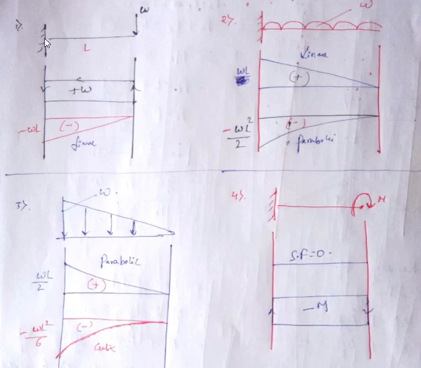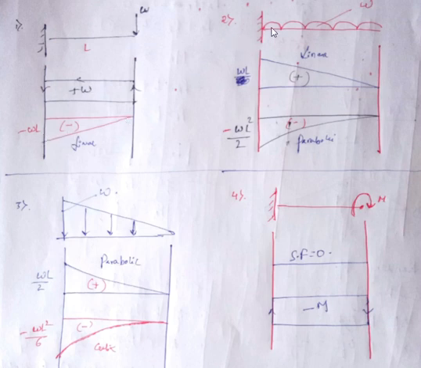If you look at this, these are the standard cases which we have discussed. If there is a cantilever beam with a point load at the end, then suddenly the load will increase to the applied load, and it is going to remain constant throughout the length of the beam. So if there is a point load, the shear force is going to remain constant, but the bending moment is going to vary linearly. This we are going to use for solving problems. The values of maximum bending moment and maximum shear force you need for solving problems in the 5th unit, but the variation you need right now.